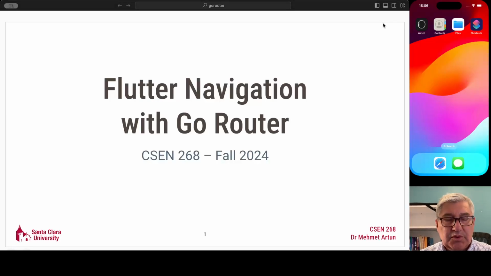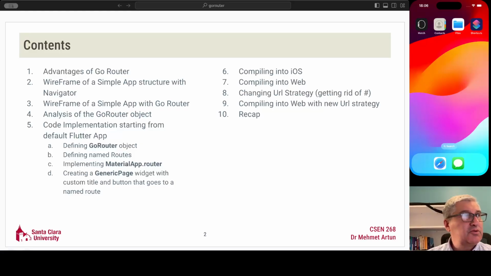So we're going to talk about GoRouter navigation in Flutter. And let's just first have a look at the order of the talk today. First we're going to talk about the advantages of GoRouter. Then we're going to look at a wireframe of a simple app with the Navigator, and the same thing with the GoRouter. Then we will look at the GoRouter object schematically, what the components of it are, what the structure of it is,